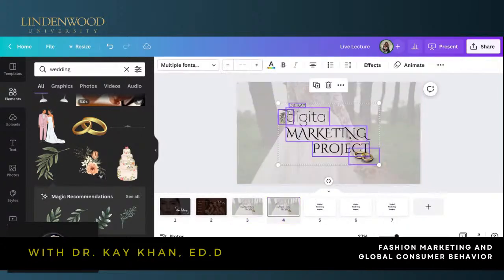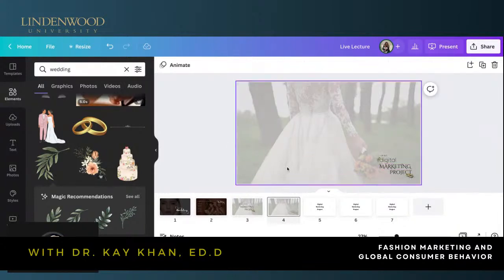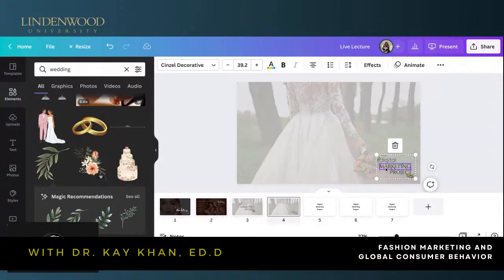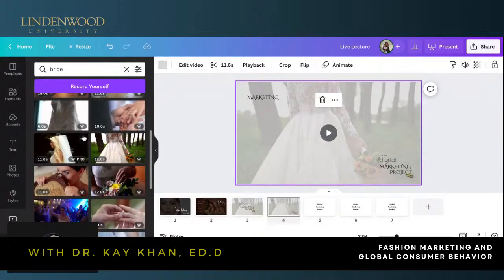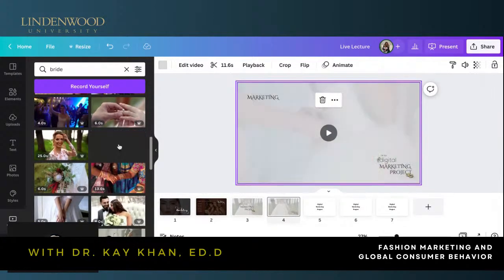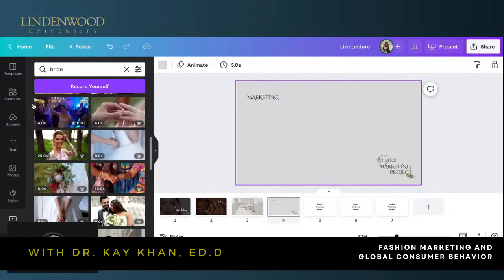I'm going to go ahead and take this down. Let me group this together because we're going to use this throughout the project, and I'm going to place this at the bottom this time. And then I'm just going to do a table of contents real quick. Control C, Control V. Let me actually ungroup this and remove all this here because I just need this for another bride. So I'm going to go here and let's do this one. You know, it's too much going on. Let me just find a dress. So let me just find an actual still image.